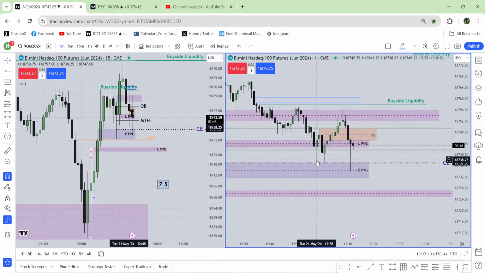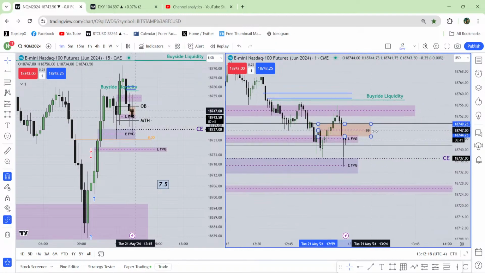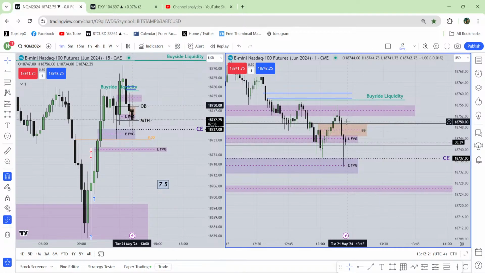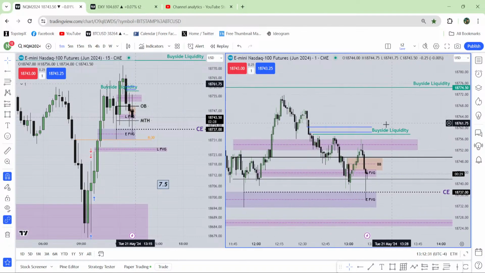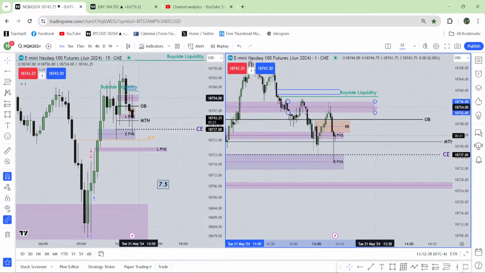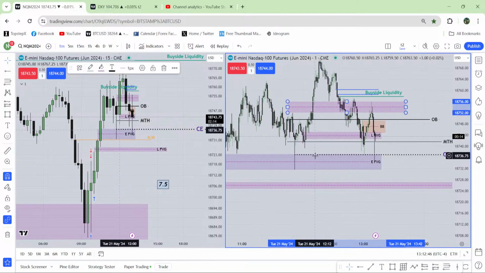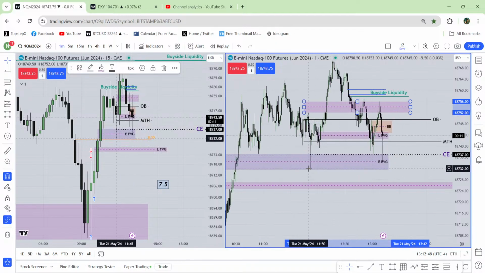I saw that the market was a little overzealous, so it has taken the liquidity one more time. This breaker block is still valid. If the market can close above this breaker block one more time, then I will not wait to retest the breaker block. Wherever the candle closes, I will take my entry again, and in that type of situation I will go for that buy side liquidity, because in this type of situation the market came here, used this inversion fair value gap, this is the inversion fair value gap from the 15-minute chart, used that inversion fair value gap, went lower, and took the liquidity one more time. So over here it has taken this liquidity, but failed to take that block.